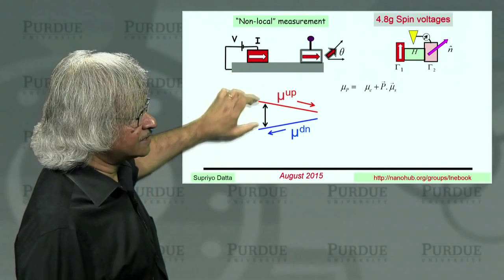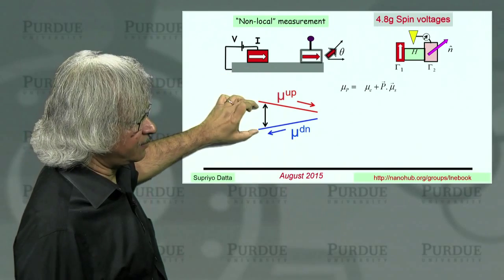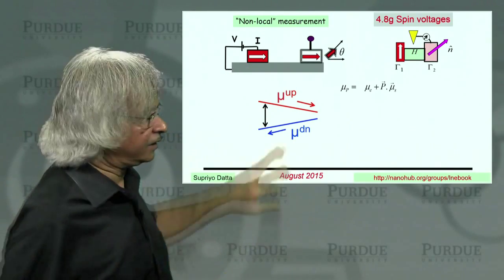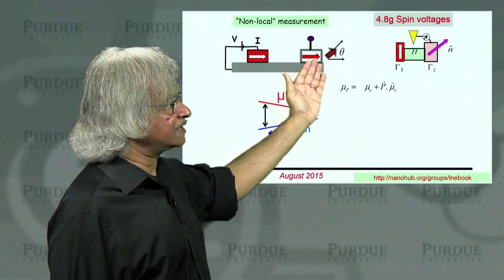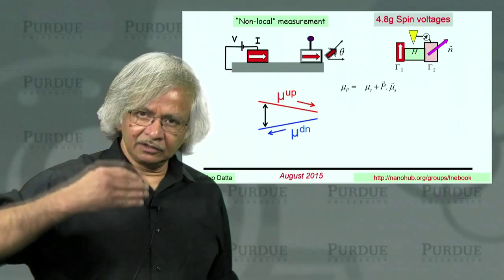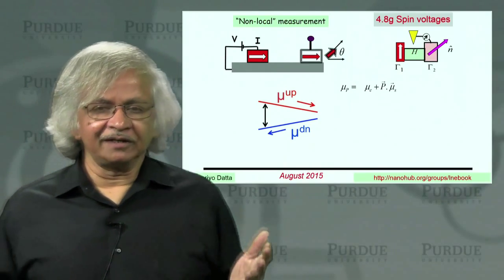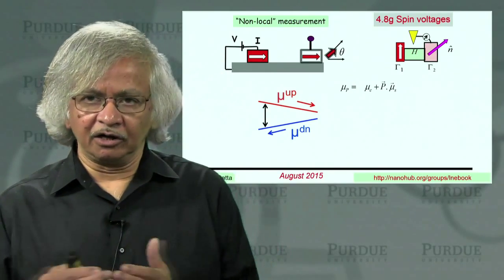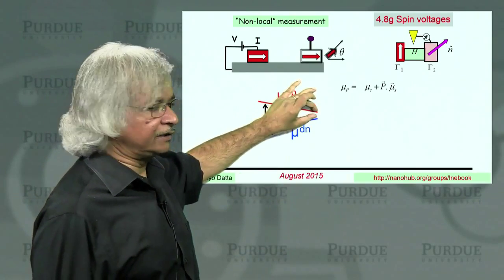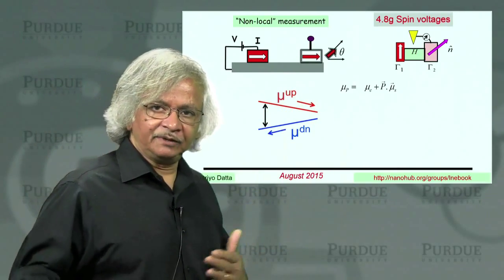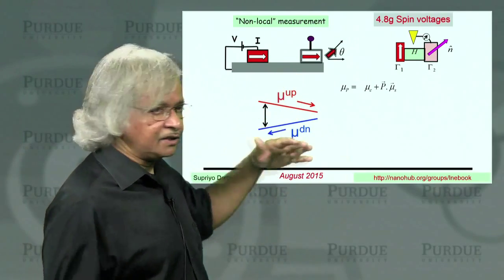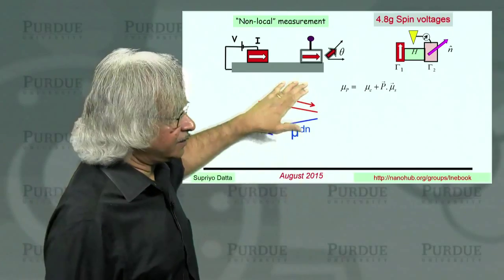But then it doesn't stay that way. They're separated, but that's not an equilibrium situation. They want to come back together. So as you move away on this side, they will gradually come back together. But it takes a while. In other words, it might take like 1/10 of a micron or a micron for the two potentials to come back together. Depends on this spin flip length, the length that it takes for spins to get equilibrated.